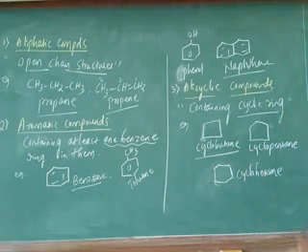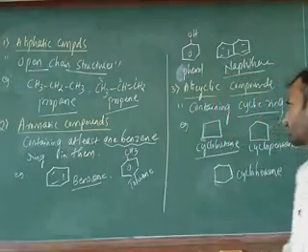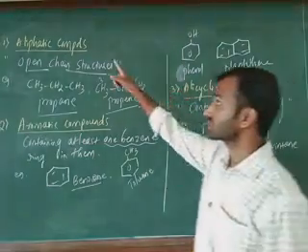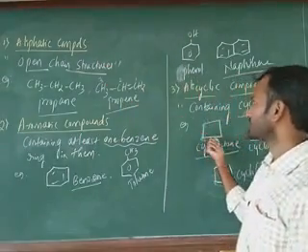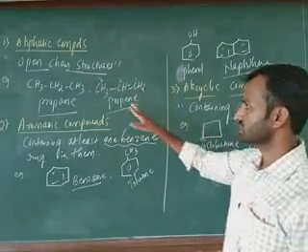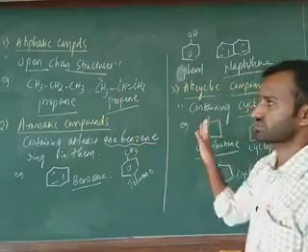Alicyclic compounds. Alicyclic compounds are the compounds containing a cyclic ring. This is acyclic, this is alicyclic. Acyclic means not containing any cyclic ring. Just here, is there any cyclic ring? No. In this case, all are open chain structures.